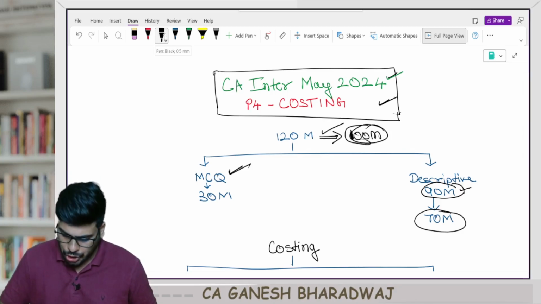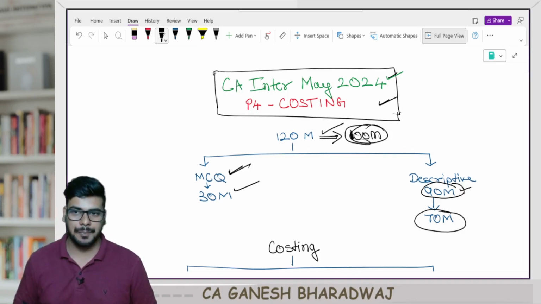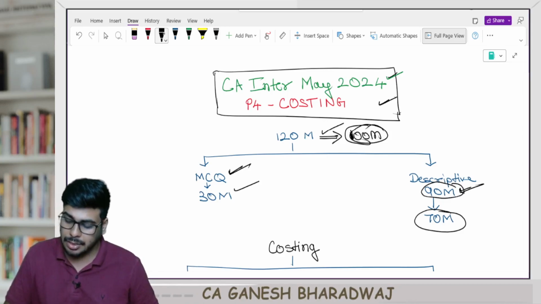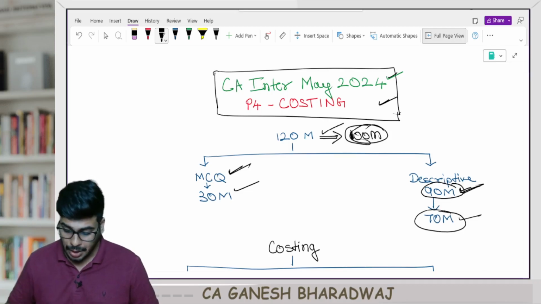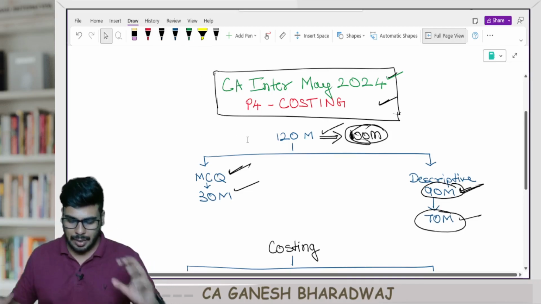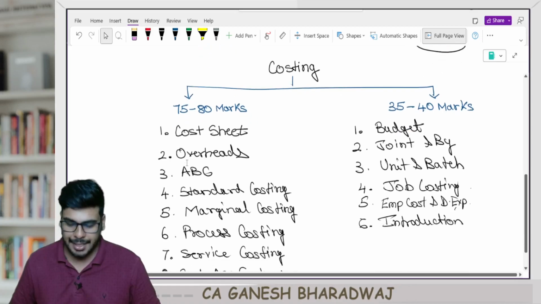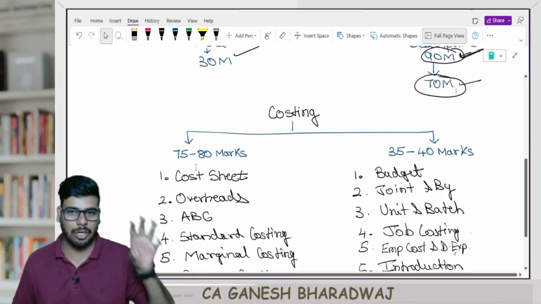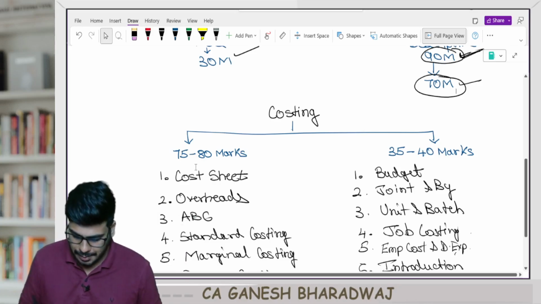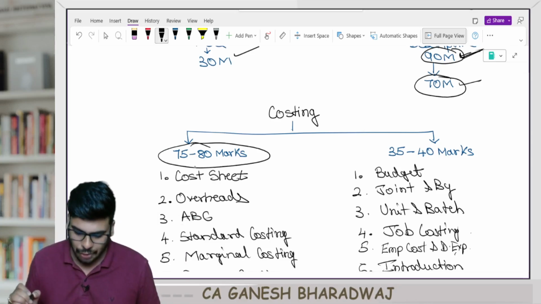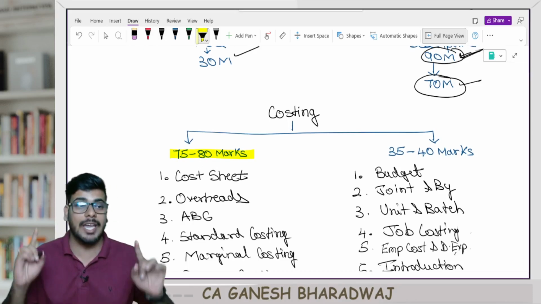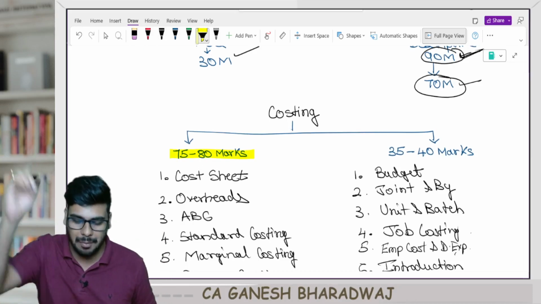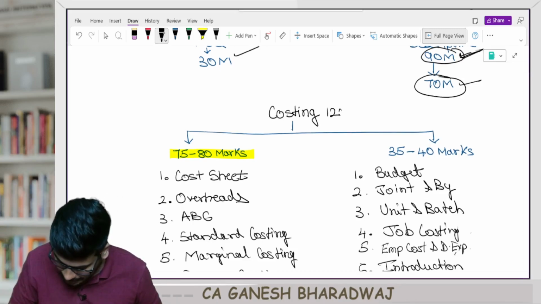Now, so here you have 30 marks to attempt. And anyways, apart from this 30 marks, you have this 90 marks of descriptive, out of which you need to attempt for 70 marks, right? Now, keeping this in mind, I am bifurcating this entire subject, that is our costing, into 2 parts. Part 1 is the set of chapters that will in total cover 75 to 80 marks out of the 120 marks, right? Out of 120 marks,